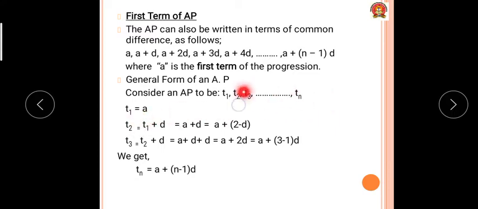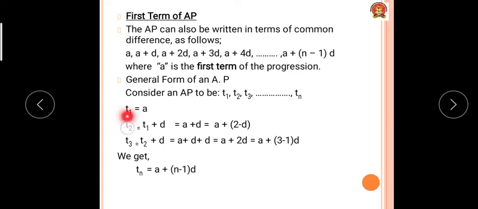Now see, is this infinite? No. It is finite, because we are getting the last term. Infinite means there are an infinite number of terms, not countable. Now see, if the AP has first, second, third, and this Tn term is there, okay, so Tn is the nth term. You can't see here whether there is a last term or not.